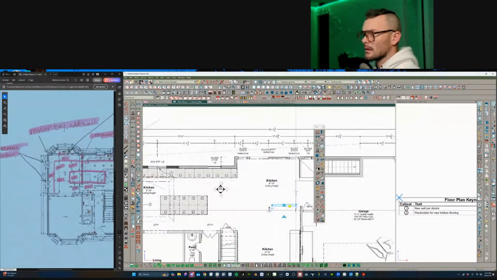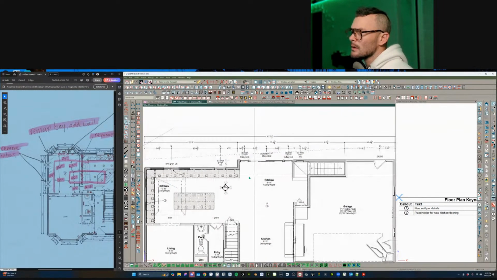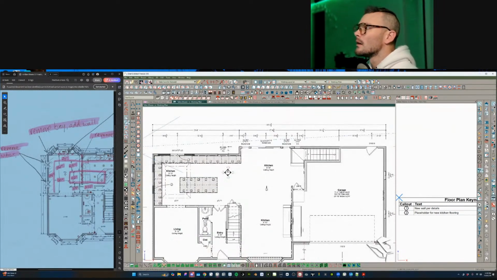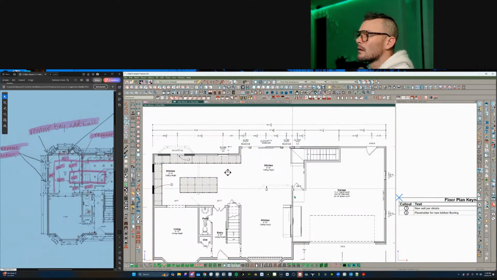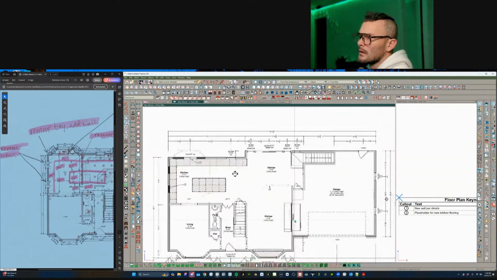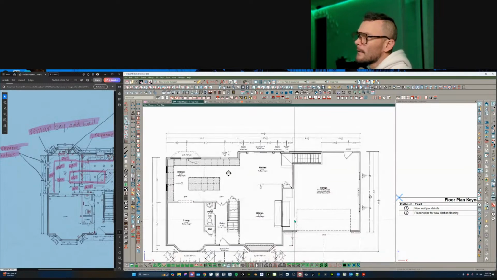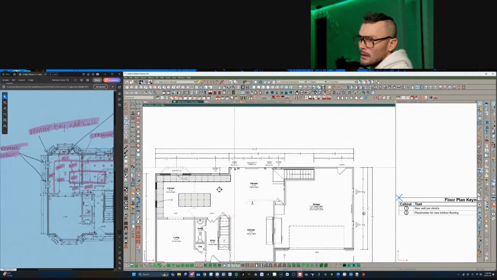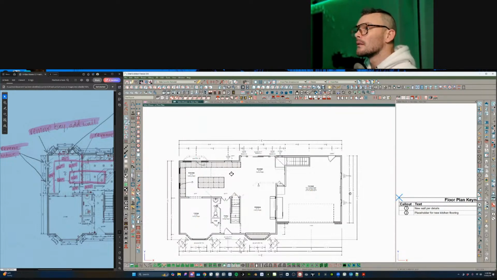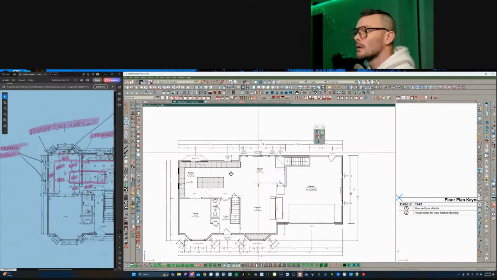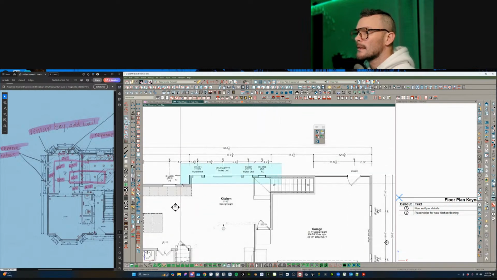What is this? I don't know what this is. Some kind of trim. Okay, so we're back to this. And basically all these windows are existing and should not be included in schedule. So if I were to do this,